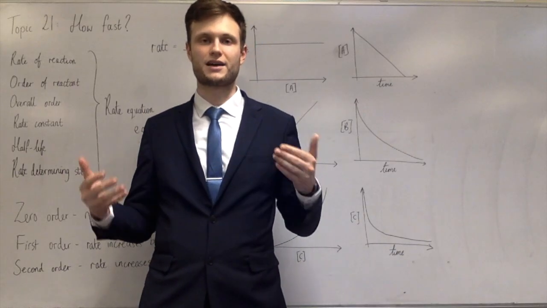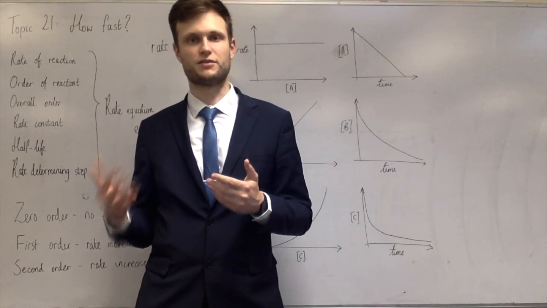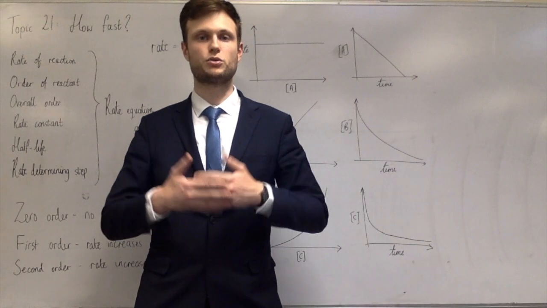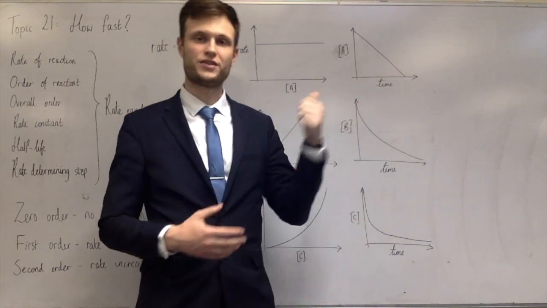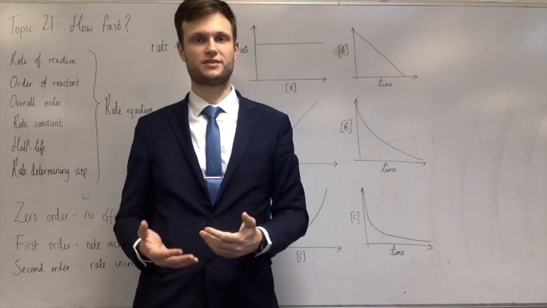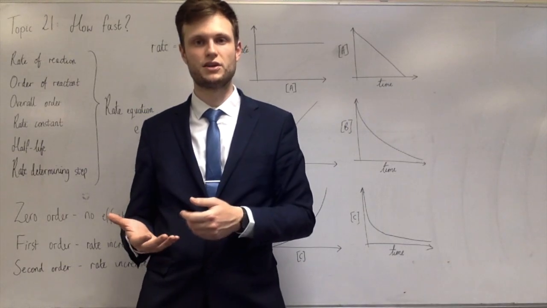And if the rate stays exactly the same, then that's zero order. If the rate also doubles, then it's first order. And if the rate quadruples, then you know it's second order. So in this case, if we're talking about this A, then the rate would stay the same. And from that, you'd know that the concentration of A has no effect on the rate, so A is zero